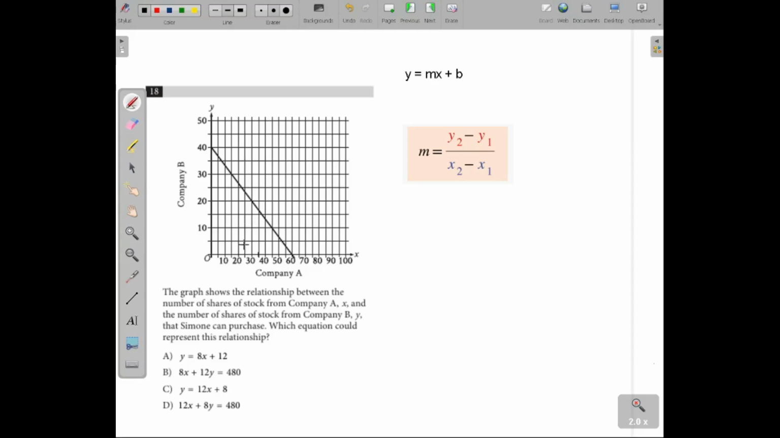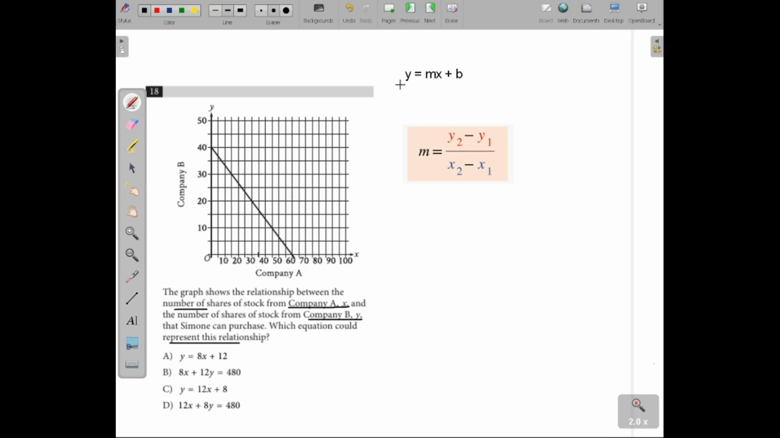Number 18. We have this graph that shows the relationship between the number of shares of stock from company A, X, and company B, Y. We need to find which equation could represent this relationship. So we have these equations of possible answers,